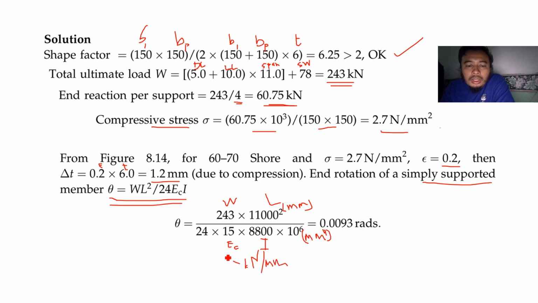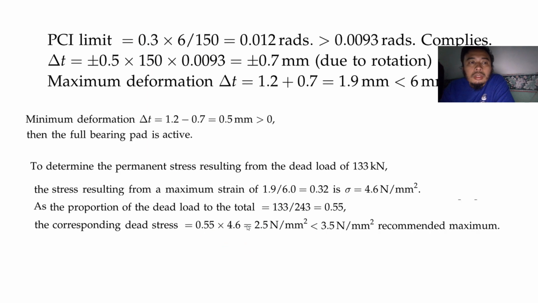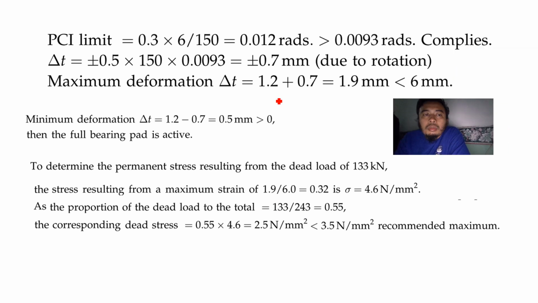So basically the unit should be consistent, so you can cancel out and calculate the value with consistent unit. So as we talked about earlier, PCI limits your rotation should be 0.3 times thickness